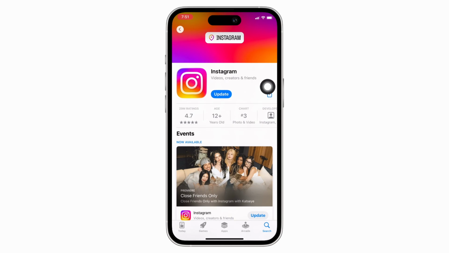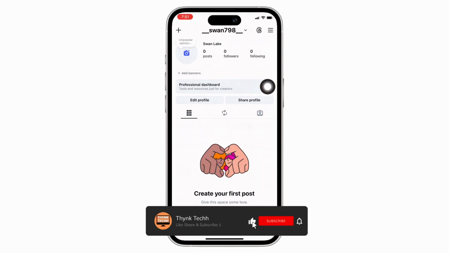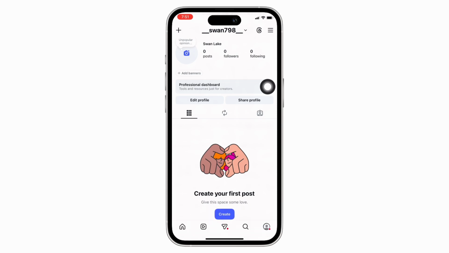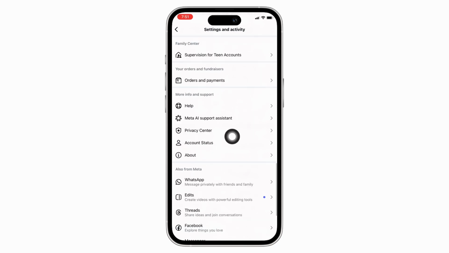Next, check if your account has live access, as some accounts temporarily lose access to live because of community guideline violations or copyright strikes or spam-like activity or age restrictions or new account limitations. Here, you can then go ahead and open your profile and then tap on the three lines on the top right of your screen and then tap on the account status option, and if restrictions appear here, then live may